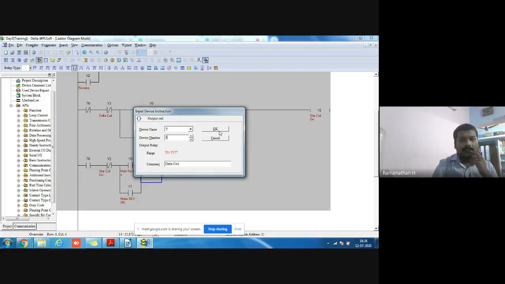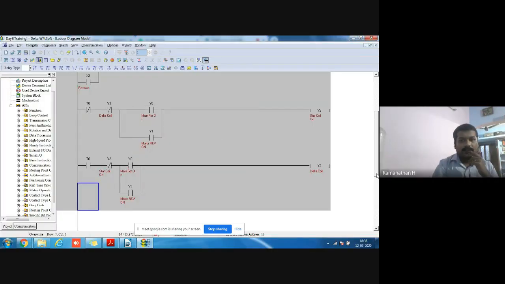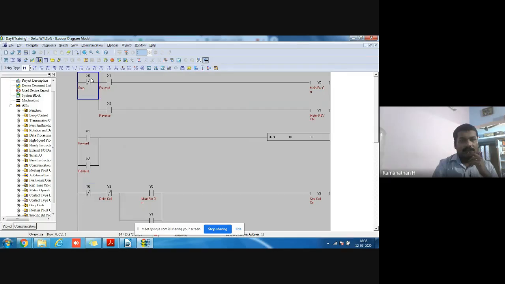So here the delta coil is on. Okay, once again we review. Stop, forward on, forward coil will be on. Okay. Here we latch it.